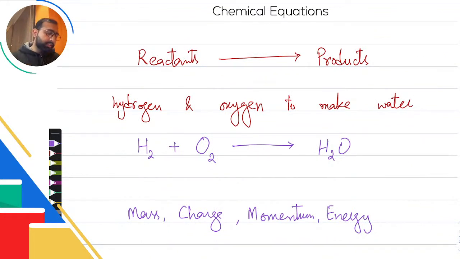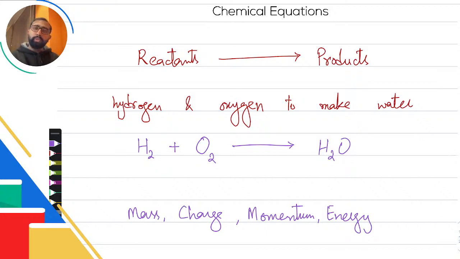And of course, that is not happening here. Right now, this equation is violating a very basic tenet of modern chemistry and physics, that whatever atoms you start with are the atoms you end up with. So for example, on the left side, if you notice, I have two hydrogen atoms joined together, of course, in a hydrogen molecule, but there's two oxygen atoms as well joined together in an oxygen molecule.